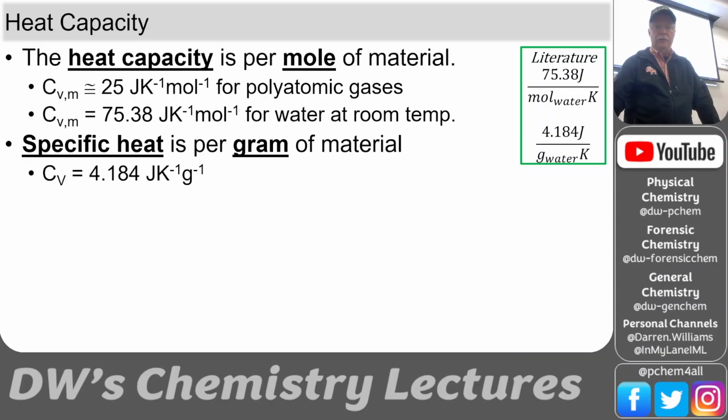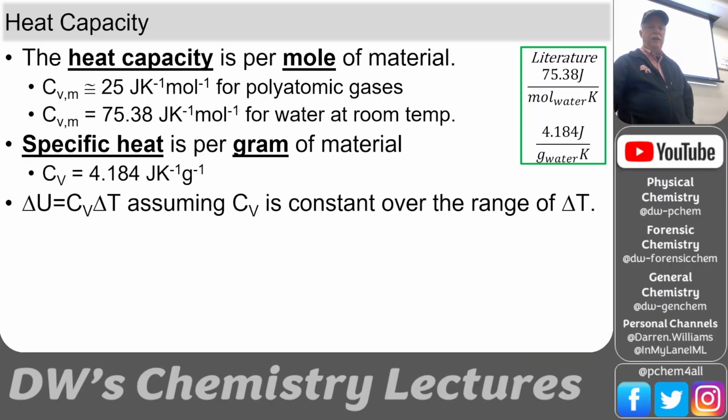For every degree Kelvin. Now, heat capacity is per mole, and sometimes you see the word specific put in there. Whenever we're talking about specific heats, it's per gram. So you want to take a note of that too, because in your lab, the QSPR lab today, we're going to talk about specific heat, and we're going to talk about heat of combustion, and specific heat of combustion would be per gram or per kilogram of substance, per mass.